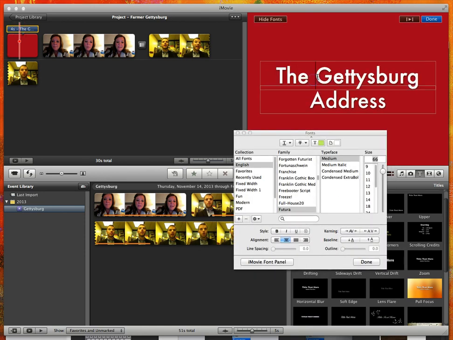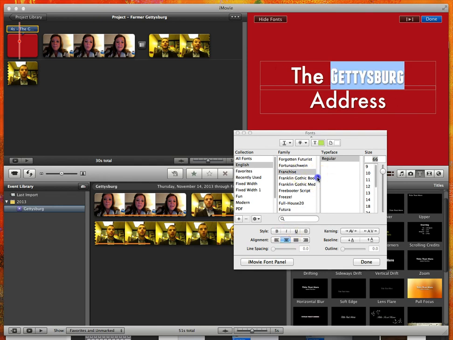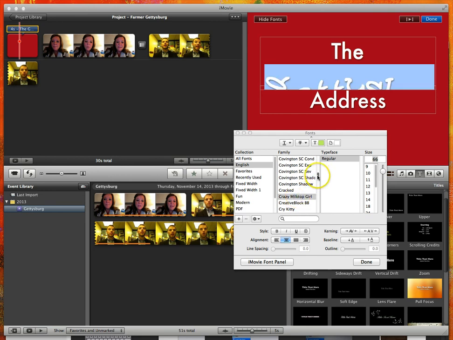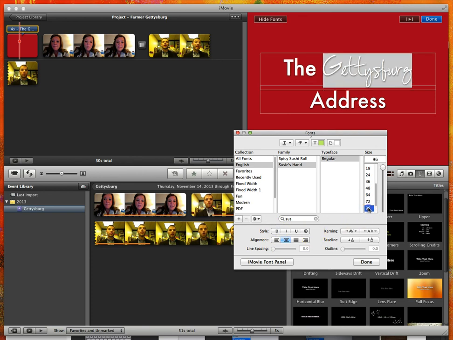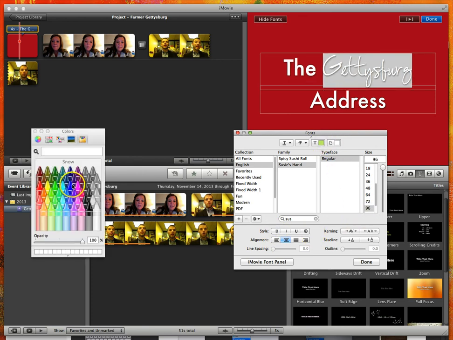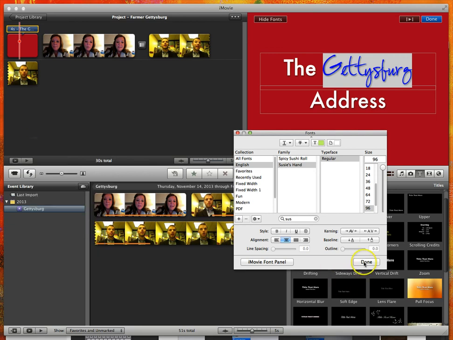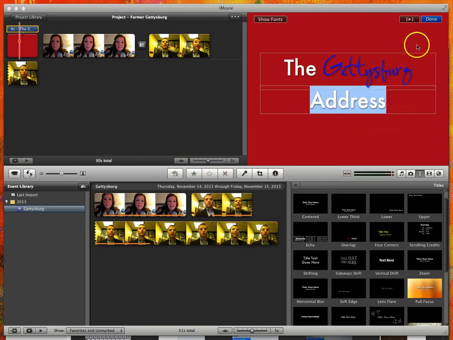So we can change it to the Gettysburg Address in American Typewriter, or we can click on System Font Panel, and I can select just a portion of my text, like Gettysburg, and change part of it to a different font. I can type in a font if I want to and make it a little bit bigger than 64. I could also make it bold, make it bigger. I could even change my color to blue, and now it looks just a little bit different, and click Done,